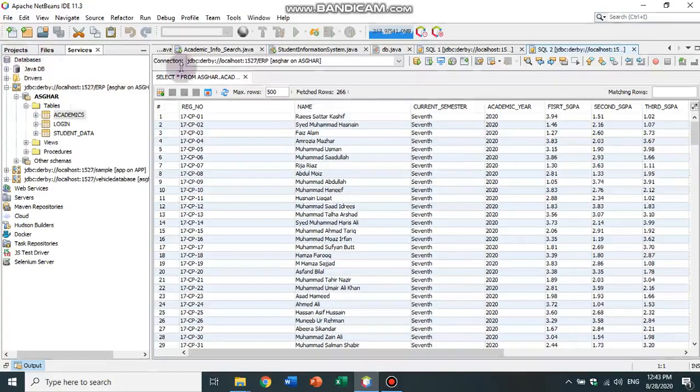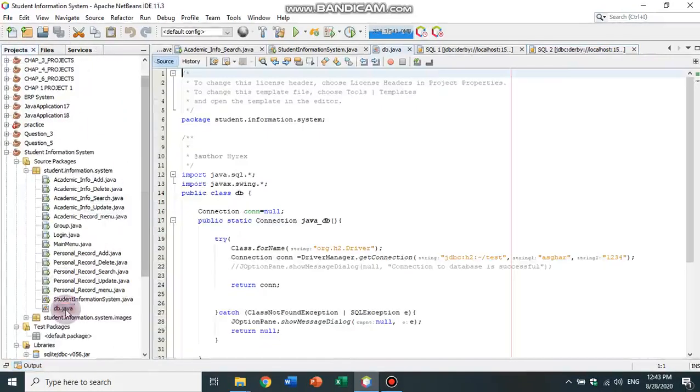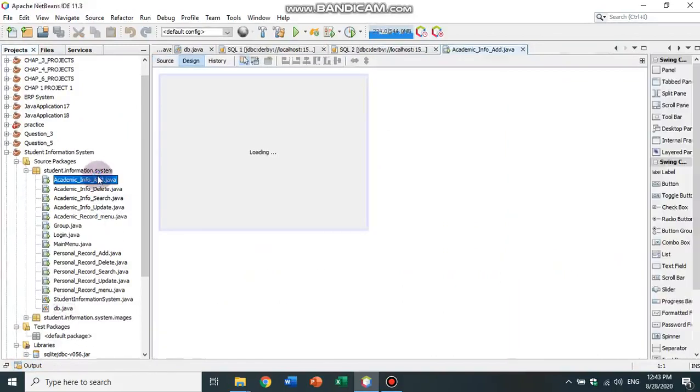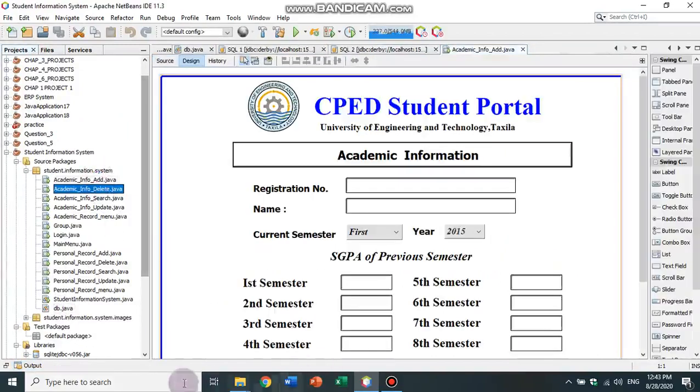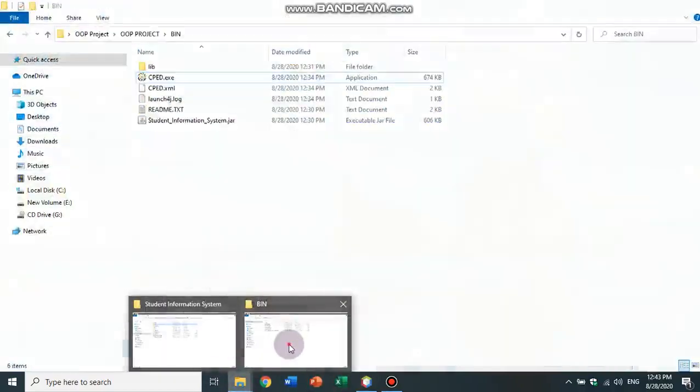And now this is the database connection. I also used an online database, which is the H2 database, and this database is also connected to my project, and if I want to show you, I will just open it.